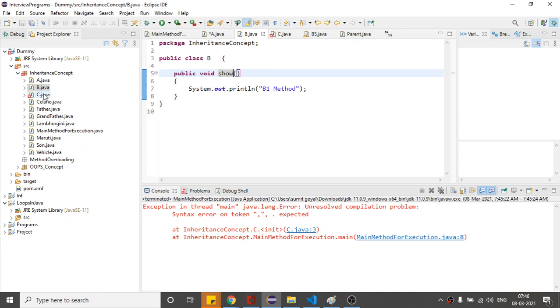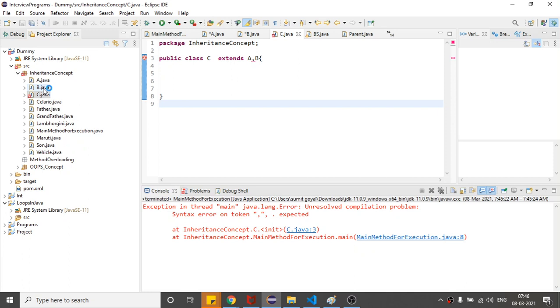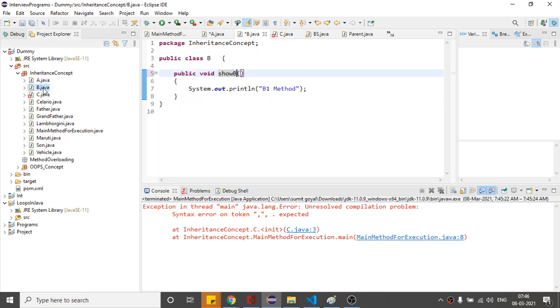So even if you declare the method names as different, like if I say show B like this, so the method names are different, still Java has prevented multiple inheritance, because sometimes a user can also define the methods with the same name, so in that case it will create a confusion. So for the methods with different names, it will again show you the error, right?